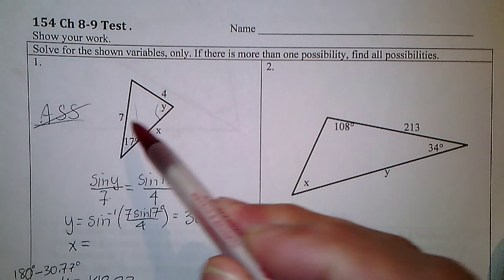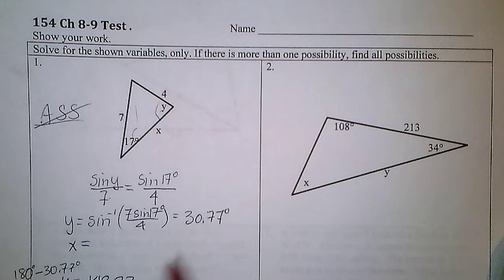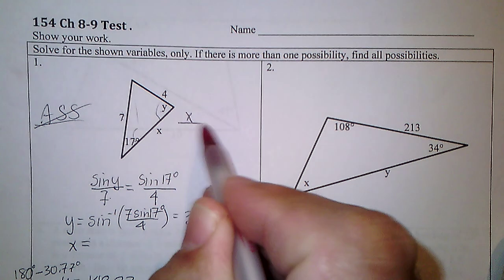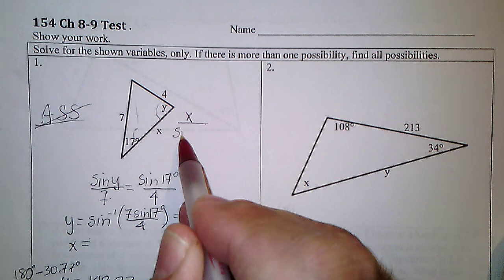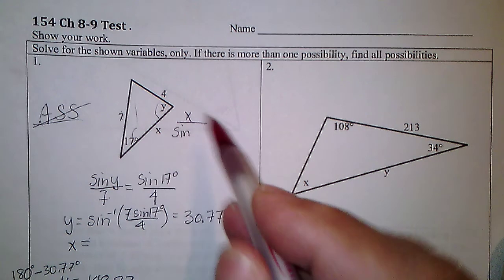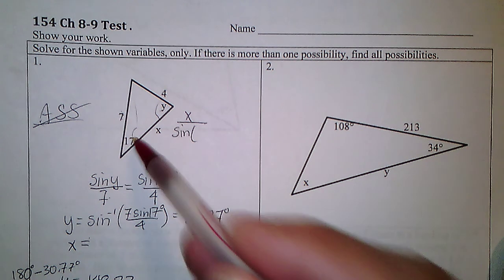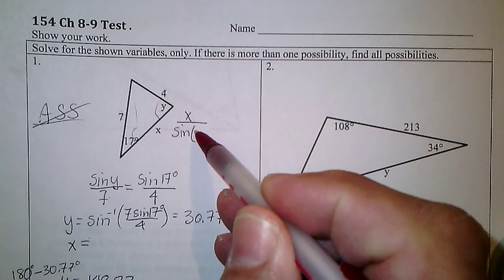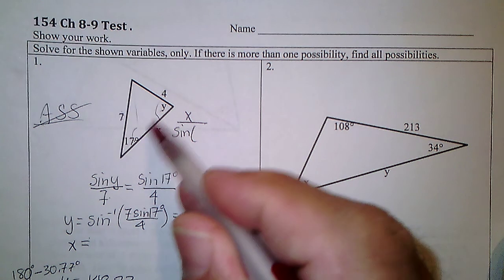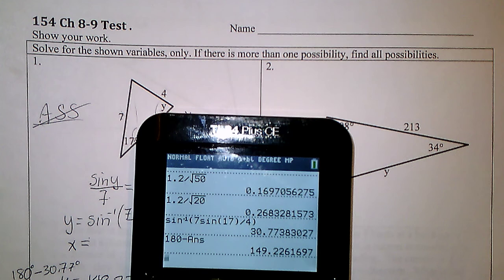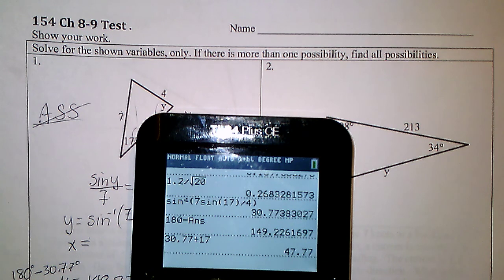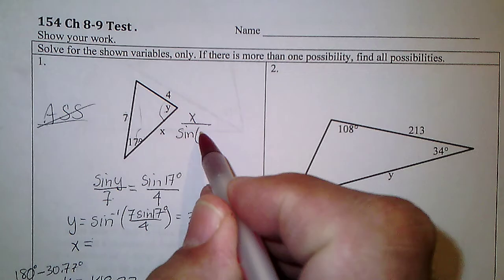Now we're trying to find a side, so I'd put x over the sine of the angle across, and that angle would be, if this was 30 and 17, it'd be 30 and 17 subtracted from 180, so 30.77 plus 17, and that's 47.77 from 180, so that's 132.23